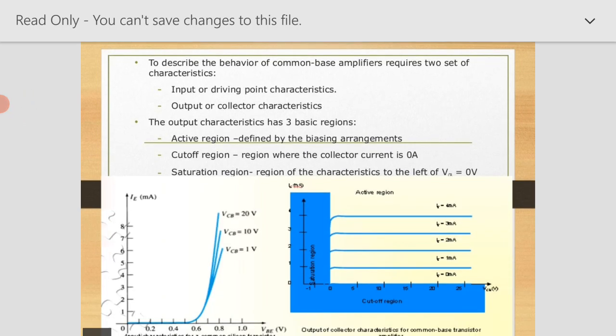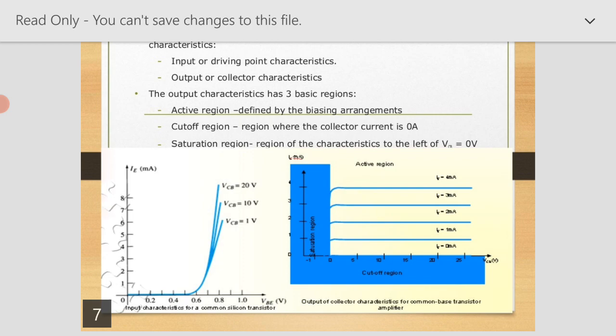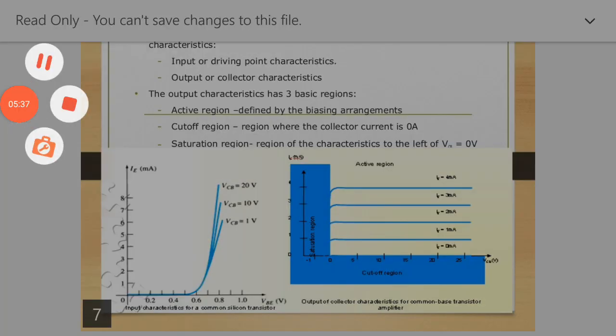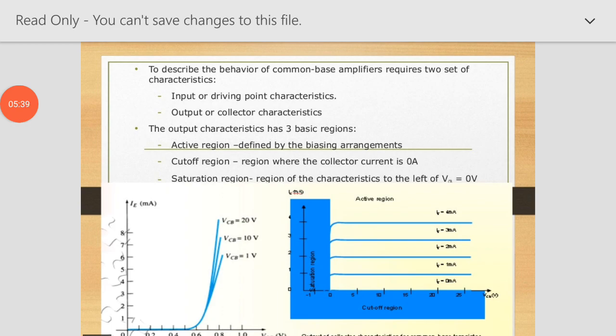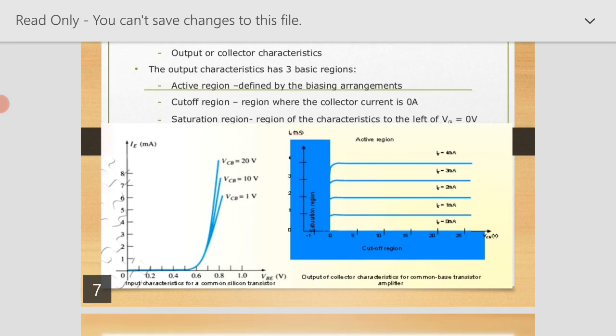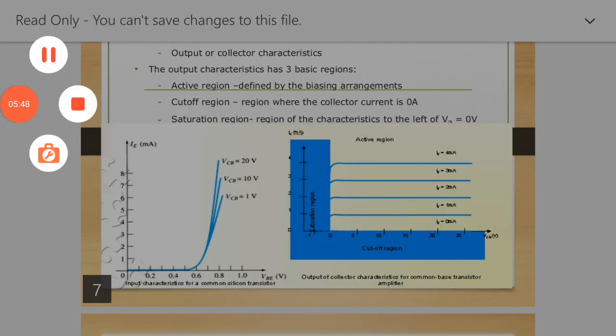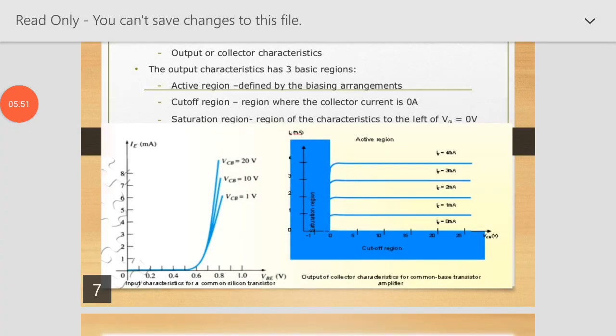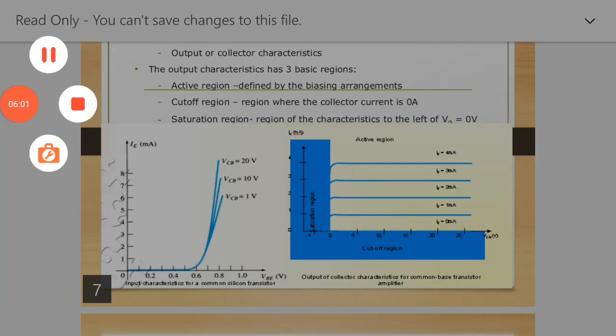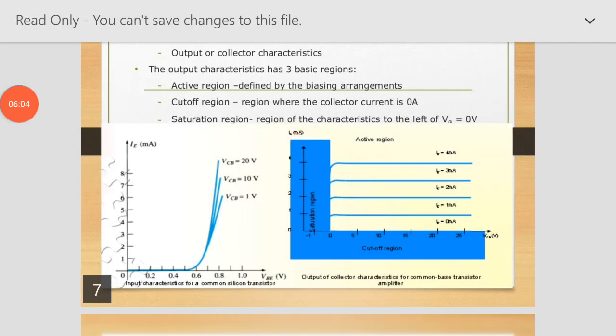The figure shows the input and output characteristics of common base configuration. Input characteristics of CB: firstly, in common base configuration, the input voltage is the base to emitter voltage. Input current is IE, the emitter current. The input characteristics is a graph of input voltage VBE versus input current IE, at a constant output voltage VCB. This is shown in the figure as the input characteristics of a common base configuration.